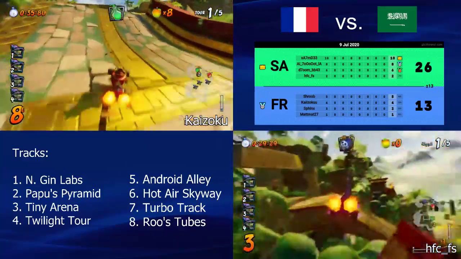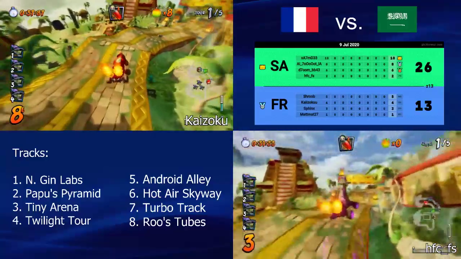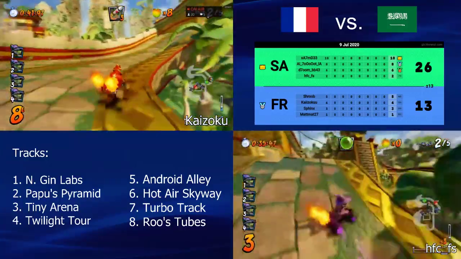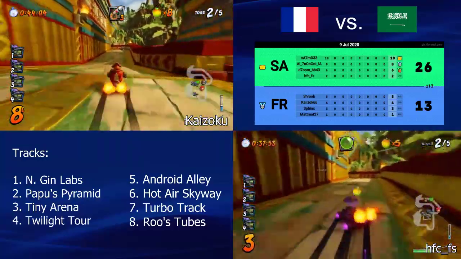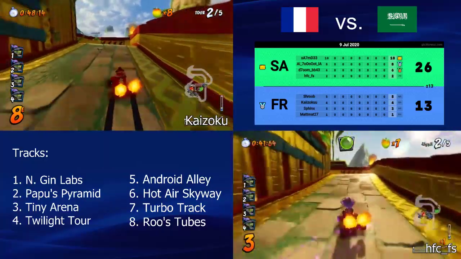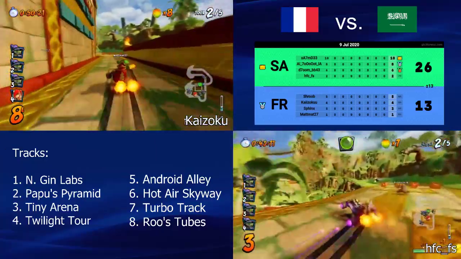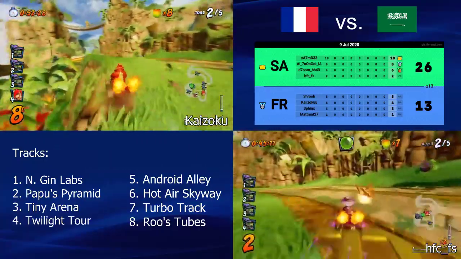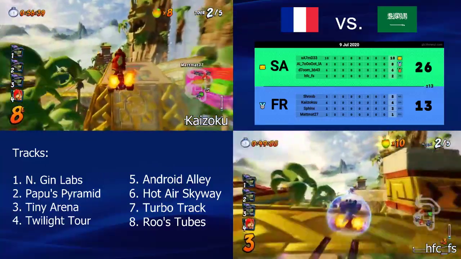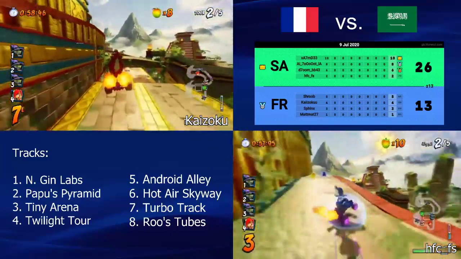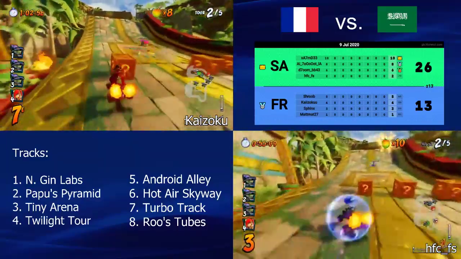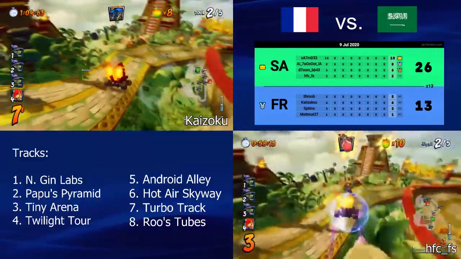And we've seen a really good start from the Saudi Arabian team here. They are top 4 and they actually have a pretty decent lead. And we see HFC in 3rd place. He could basically play the gatekeeper here and try to keep the opponents in the back, and basically try to secure his teammates the top 3 here. But I guess it looks like he's going to play it safe.